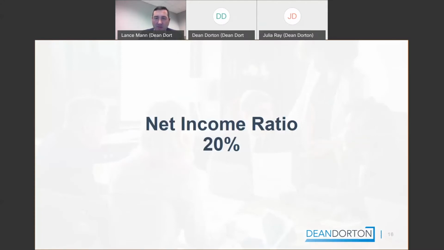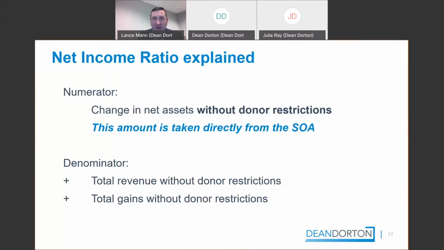So the net income ratio is, obviously, less weighted. The primary reserve ratio is significantly weighted because it looks at what resources you have to make sure you're going to keep the doors open. Can you pay your bills for the foreseeable future? The net income ratio is less weighted because your net income can fluctuate significantly in any one year depending on things that may happen in a given year. You got a bunch of higher education relief funds, and while you had losses in the year, many institutions had a gain because of their higher education relief funds, or you got a paycheck protection loan and things like that. That could change your net income in a given year. Or COVID-19 happens, so that's why it's less weighted.